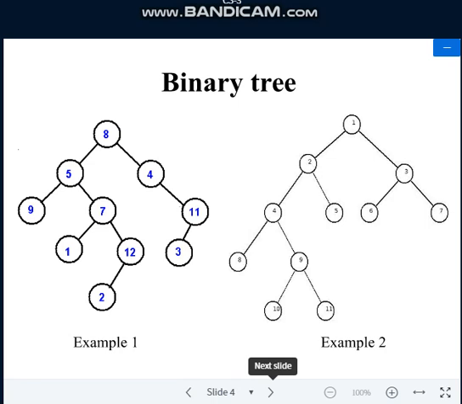Look at the examples here. Are these binary trees? Yes, it is a binary tree. But is it a complete binary tree? What do you mean by complete binary tree? See, here it is not a complete binary tree. Why? In a complete binary tree, whenever you are inserting an element into the array or constructing a tree, you always complete level by level, and that too from left to right. Yes, level by level you complete and from left to right. That is what is called a complete binary tree.